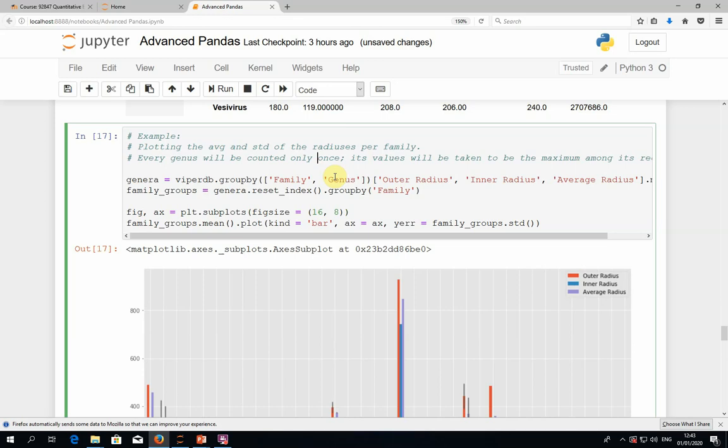So if I asked you, by the way, to do this analysis before learning Pandas, I wouldn't be surprised if it would take you maybe 100 or 200 lines of code just to do this thing, because it really involves many steps. You first need to go through the genera and then determine unique genera and create maybe some dictionary to do this mapping. And then within each genus, you'd want to do this aggregation to store it into a different variable, which will give you the maximum value. And then you want to use these values. Again, you'd have to iterate through all of them to determine the different families. And then to do the aggregation, it would really take you a lot of time